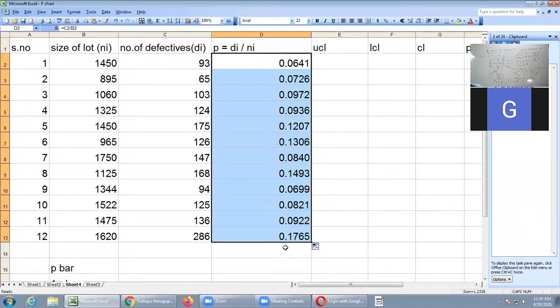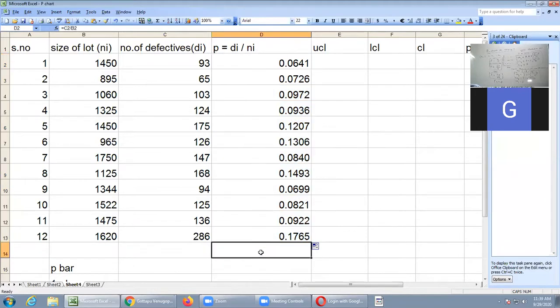Okay, so these are the p values you have to calculate. After that, if I know p values, I can calculate P bar. So P bar, how will you calculate? By using any one of the formulas. Because I know p values here, I will calculate P bar equal to summation p by k. In a P chart, I know p values. So simply I will take the total of this. Total, the summation option will be there. So sum and then enter, and automatically you will get the total. This is the total I got, p total.